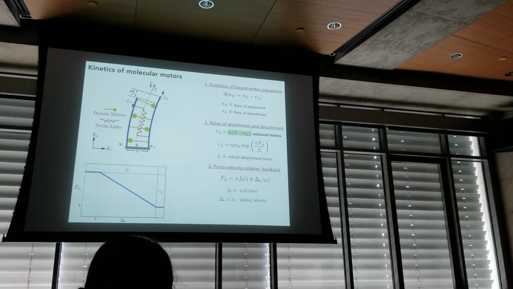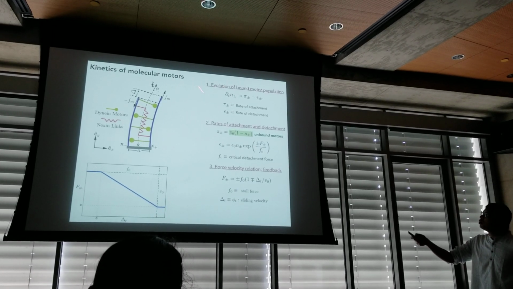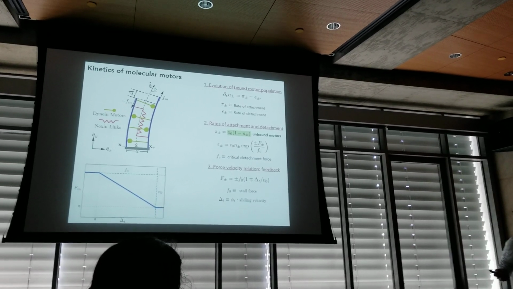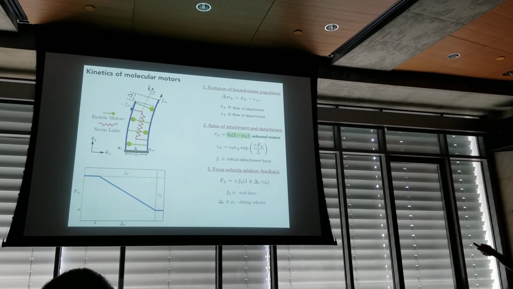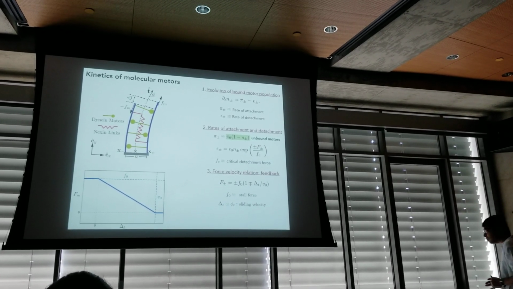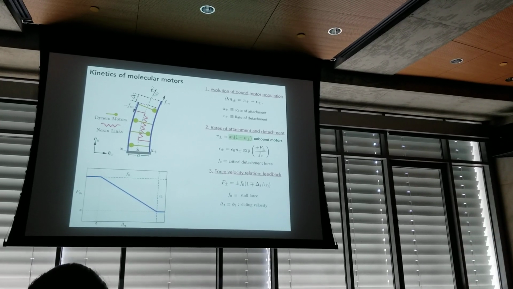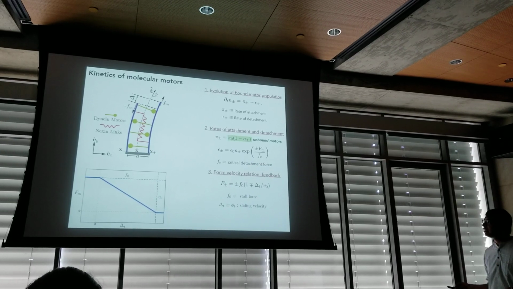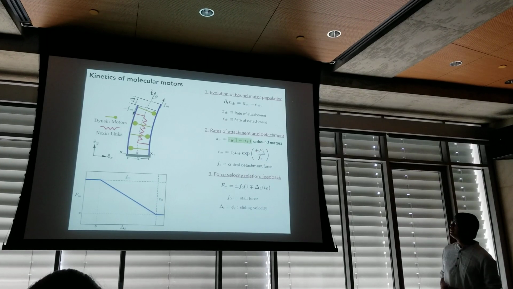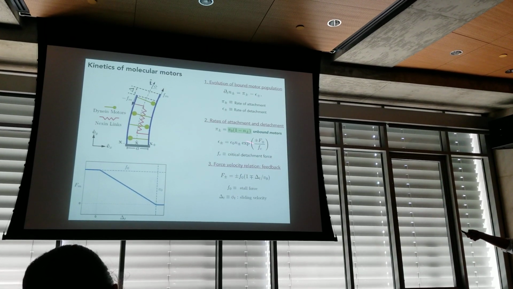So for the kinetics of the molecular motors, we do something very simple. It's essentially first order kinetics where the bound motor population can increase by attachment and decrease by detachment. The attachment is proportional to the fraction of unbound motors at any instant, with characteristic rate constant pi naught. And in experiments, it's known that the detachment rate is sensitive to loads, or the force that these motors exert. In particular, the expression that I'm using suggests that if the load exceeds a critical value, Fc, then they detach catastrophically, or exponentially fast, with the characteristic rate constant being epsilon naught.